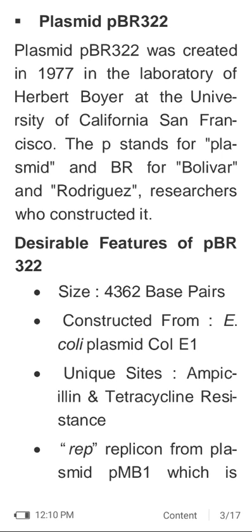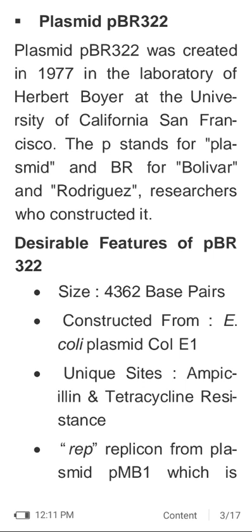Plasmid pBR322. Plasmid pBR322 was created in 1977 in the laboratory of Herbert Boyer at the University of California, San Francisco. The p stands for plasmid, and BR for Bolivar and Rodriguez, the researchers who constructed it. Then desirable features of pBR322: size 4,362 base pairs,